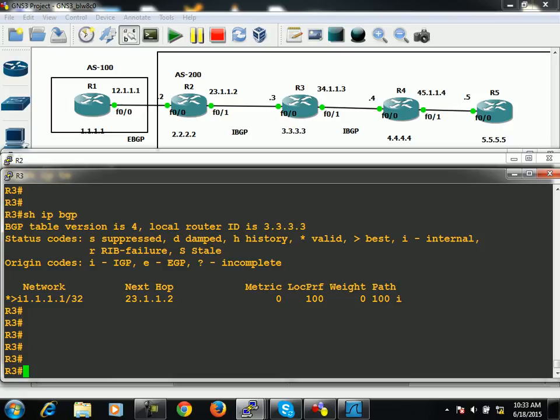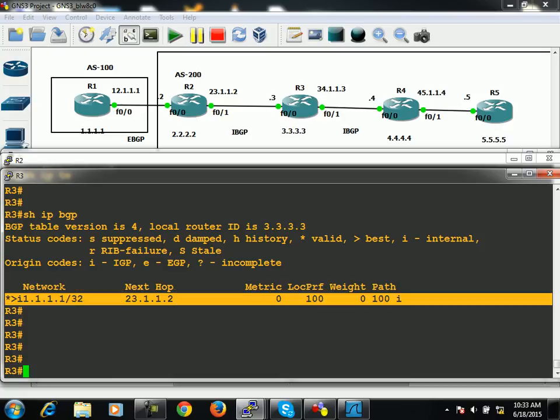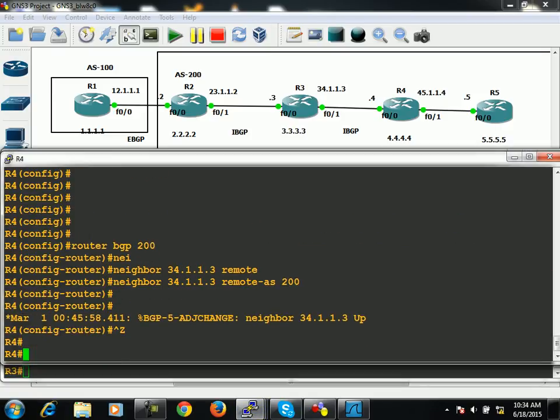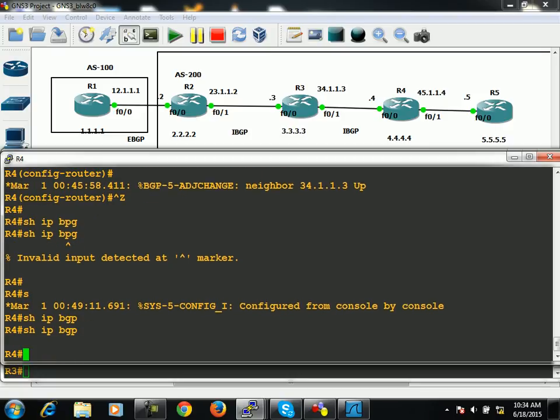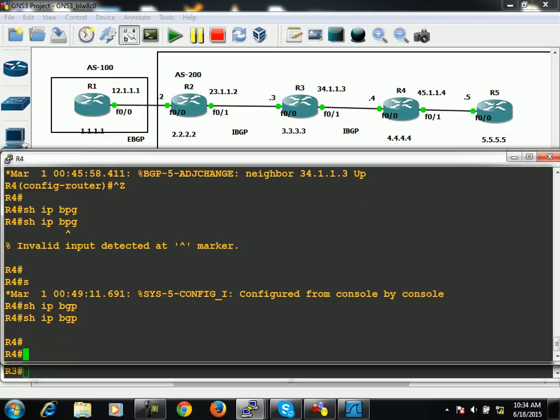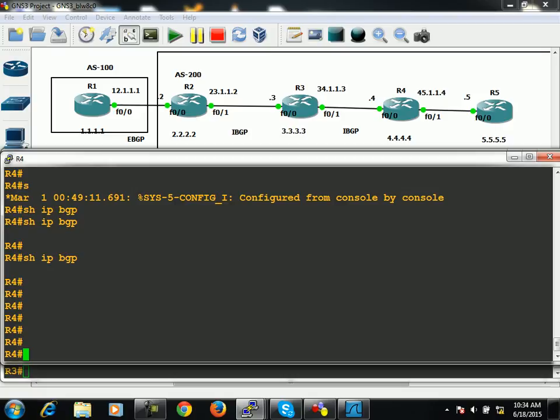Now R3 must, because it is best for R3, so it must advertise it towards R4. But will it really advertise towards R4 now? No, due to IBGP rule. Because if you receive any update from one of the IBGP neighbors, then you will never advertise it towards another IBGP neighbor. It means that on R4 you cannot find this. Any problem? So how can we solve this problem now? By using